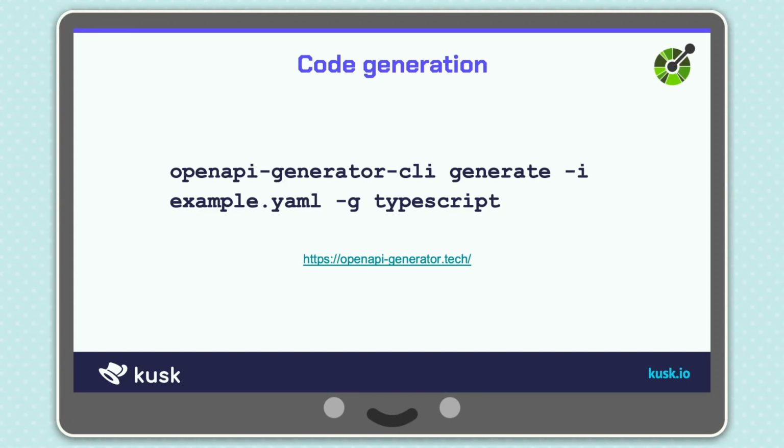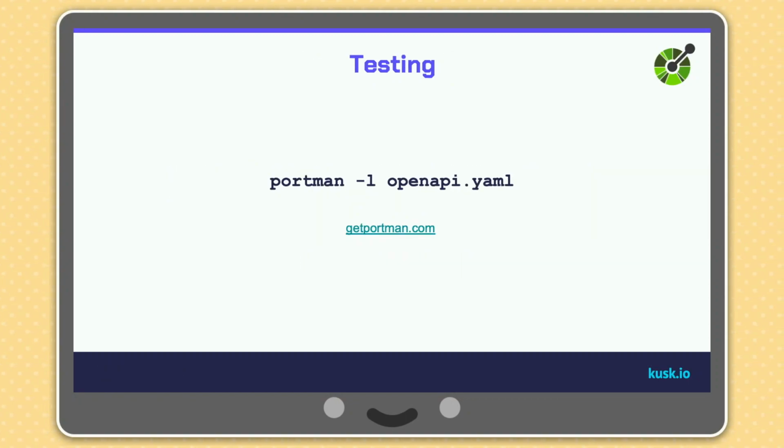You can even use code generation, for example, which takes the OpenAPI definition and makes some boilerplate code for you, so you don't have to write that all the time, and so it's a little faster. It works actually with every programming language under the sun. And finally, my favorite one is actually creating automatic tests that you can run against your API to ensure that it behaves the same way that you've defined it in the OpenAPI definition.